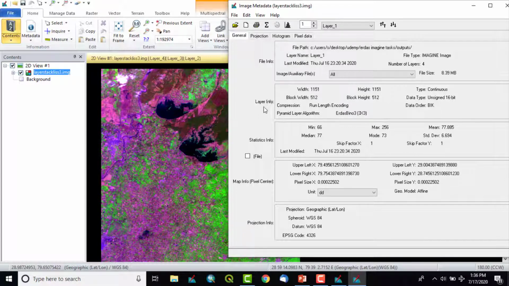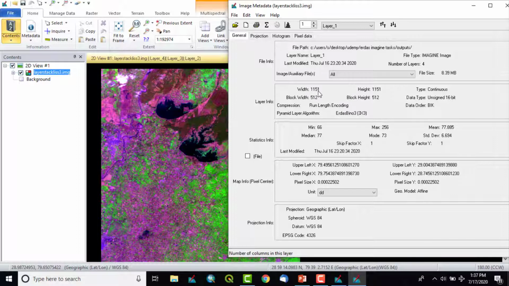So the next information is layer info. Layer info means band info, and particularly the pixel values, number of rows and columns is provided over here. Like width is 1151, height means columns, width means rows.